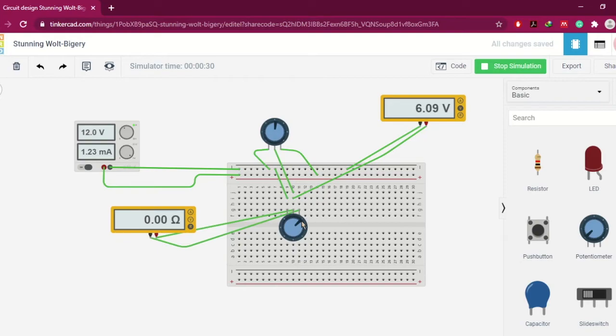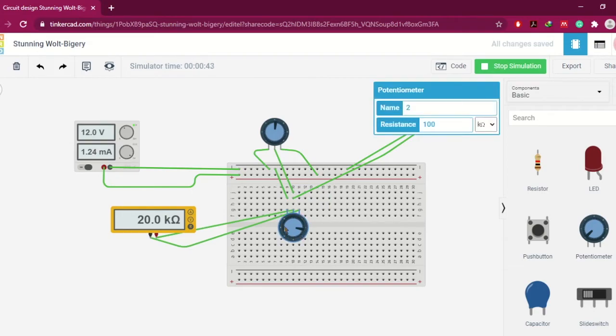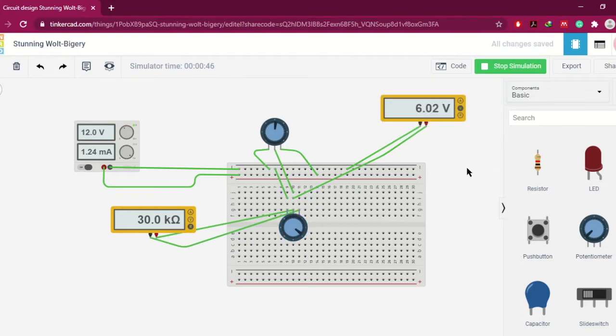Okay, first 10 kilo ohm, 6.07, 20 kilo ohm, 6.05 volt, 30 kilo ohm, 6.02 volt, 40 kilo ohm, 5.99 volt, 50 kilo ohm, 5.94 volt, 60 kilo ohm, 5.87 volt,